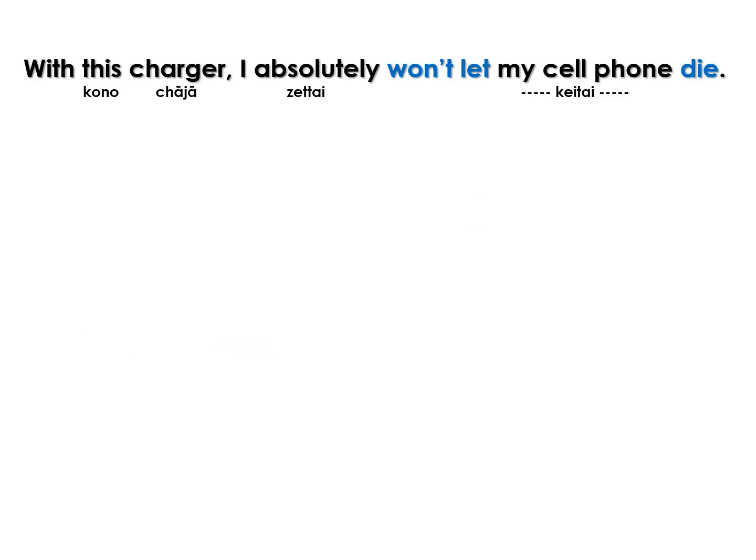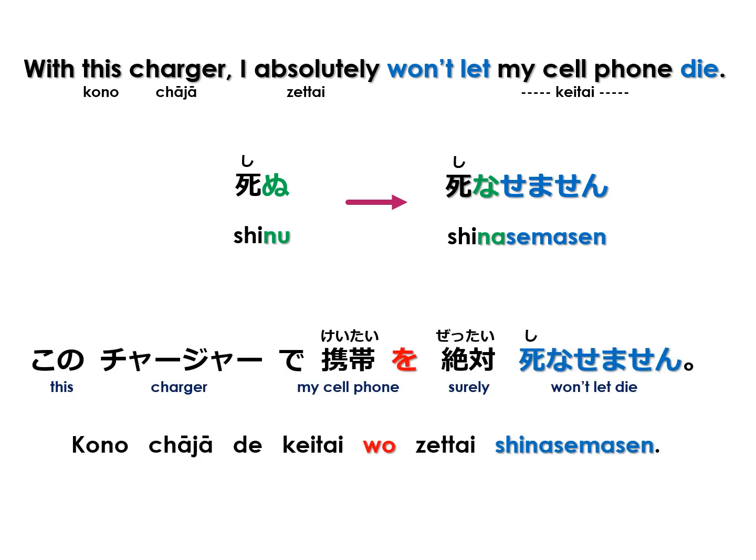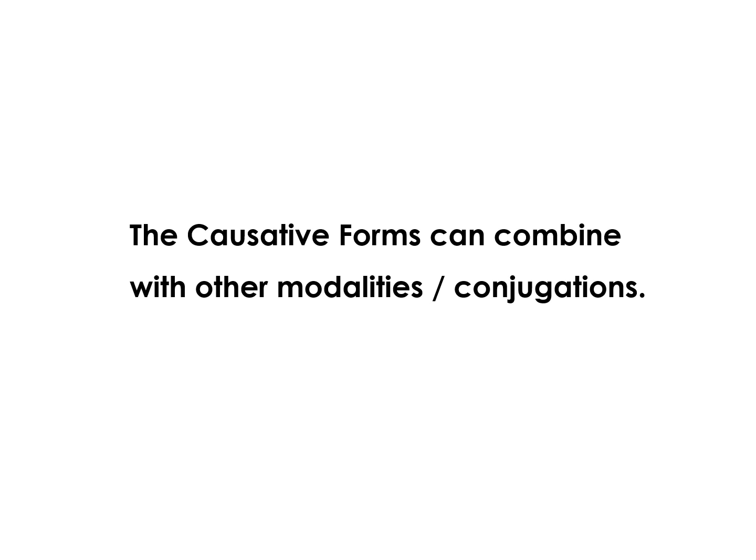With this charger, I absolutely won't let my cell phone die. To die is shinu, and its negative causative formal form is shinasemasen. Now our causee here is cell phone, an object, so we need to use the particle wo for it. In Japanese: このチャージャーで携帯を絶対死なせません。